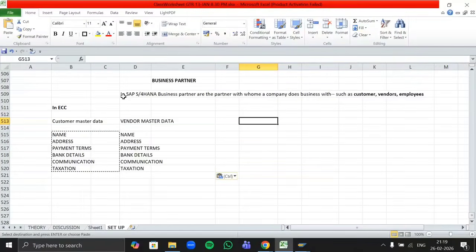Okay. Business partner is what? It's our central object, right? Which is used to manage all the details of those with whom our company interacts. The company interacts with our customers and our vendors to do business, but also with our employees. In what sense?